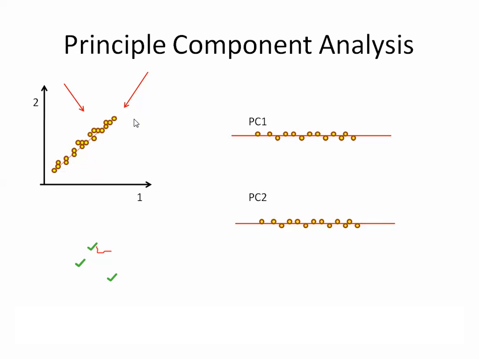Now, whatever line you see here is nothing but the machine learning model or hypothesis or the function, and that function is satisfied by all these data points. Now, here we have to decide the principal components. What do we mean by principal components? In a simpler case, for this example, we can say that principal components are nothing but the views.